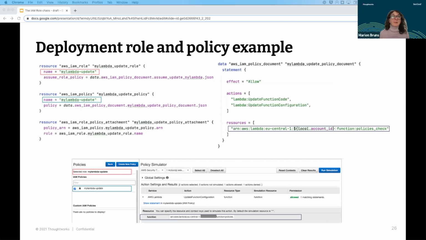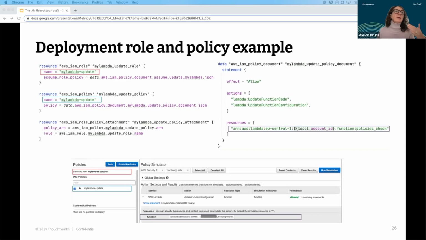And here's a simple example for a deployment role and policy. So this is what I meant. First, define a deployment policy for the resource you want to deploy. In this case, it is a lambda function, and you have a lambda role with a policy that allows it to deploy.